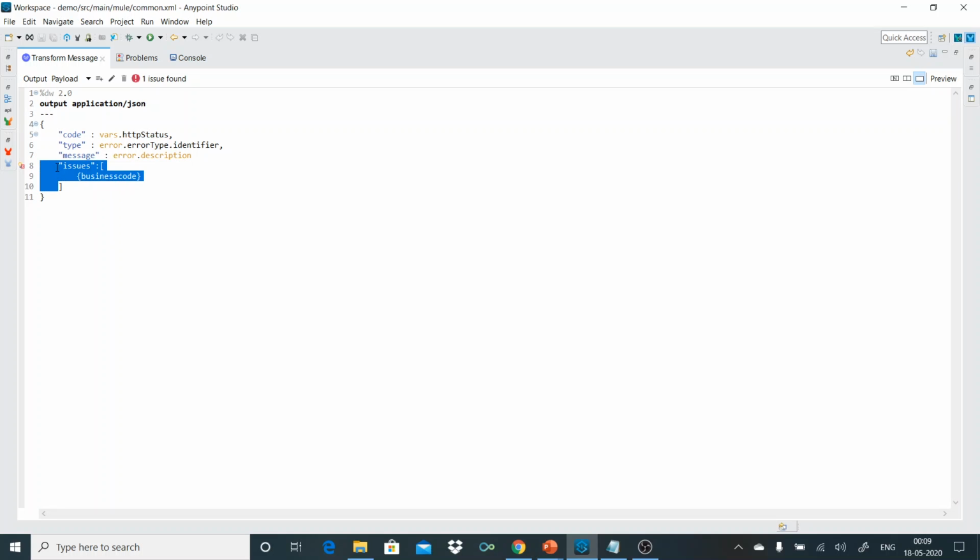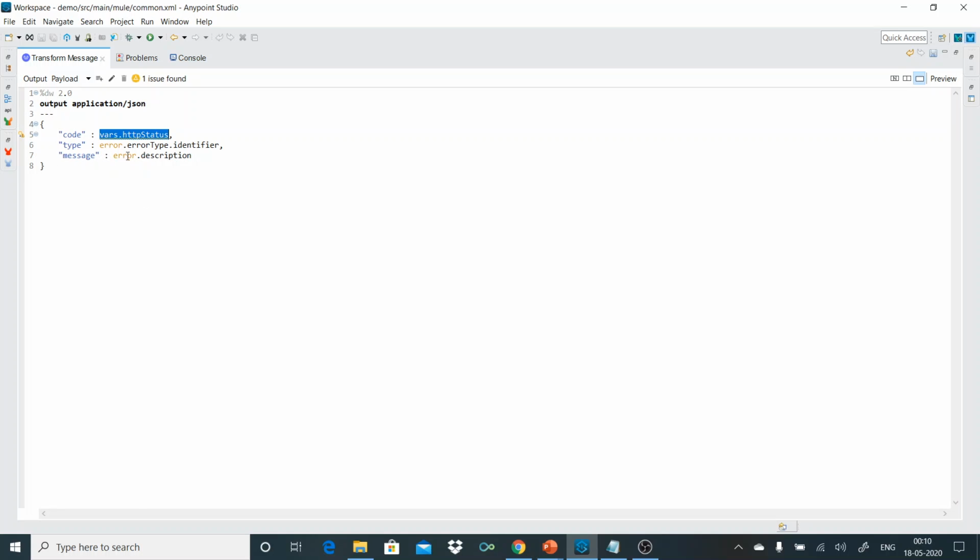But this is a pretty basic structure of how you should have your error, or how your organization is having error. You can just frame that error. So at least three basic things should be there, like the code, type, and message. So code will have the HTTP status that we are sending back. Type has the identifier, whatever it is. You might also want to include the namespace. You can do that as well, and a short description.